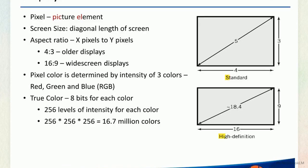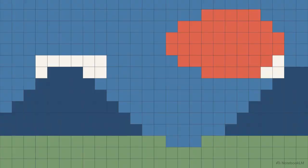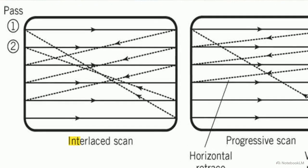Older square screens had fewer pixels, while modern high-definition screens pack in millions. Because the screen has so many pixels, the computer's video memory has to work incredibly hard. It calculates the exact color mixture out of 16.7 million options for thousands of dots, all at the exact same moment. This diagram shows 2 different methods for physically drawing those pixels onto the screen: